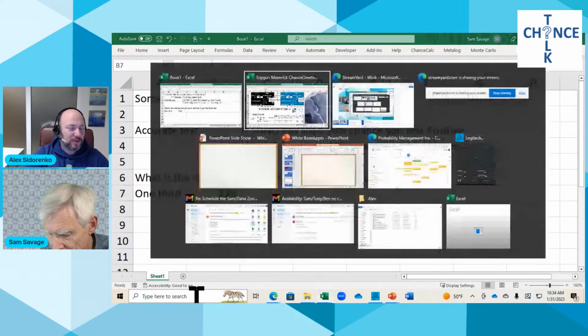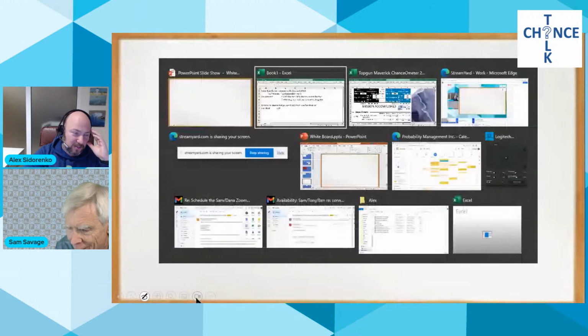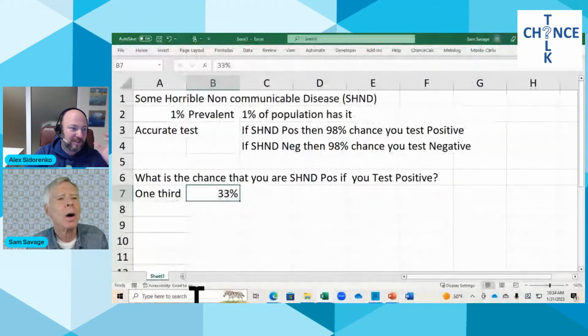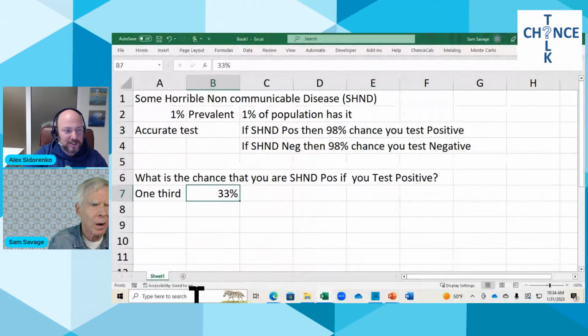Before we do that, this is the concept that Gerd Gigerenzer in his book Risk Savvy started unraveling, and he's describing what a huge issue this is, not for a hypothetical disease, but for many cancers, where you get a positive result and you start the treatment that sometimes does more damage than if you didn't do it. You think a positive test result means you almost certainly have it, but in fact it's only 33%, which is not enough to make a decision on the treatment until you've done more tests.